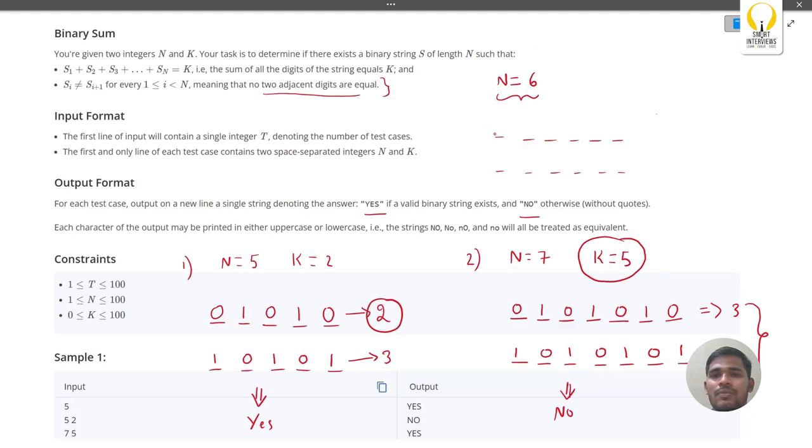Starting with 0, you'll get 0, 1, 0, 1, 0, 1. Starting with 1, you'll get 1, 0, 1, 0, 1, 0. So for the first string, you can get the sum as 3. For the second string, you can get the sum as 3 again. So if you observe here, if your string length is even,